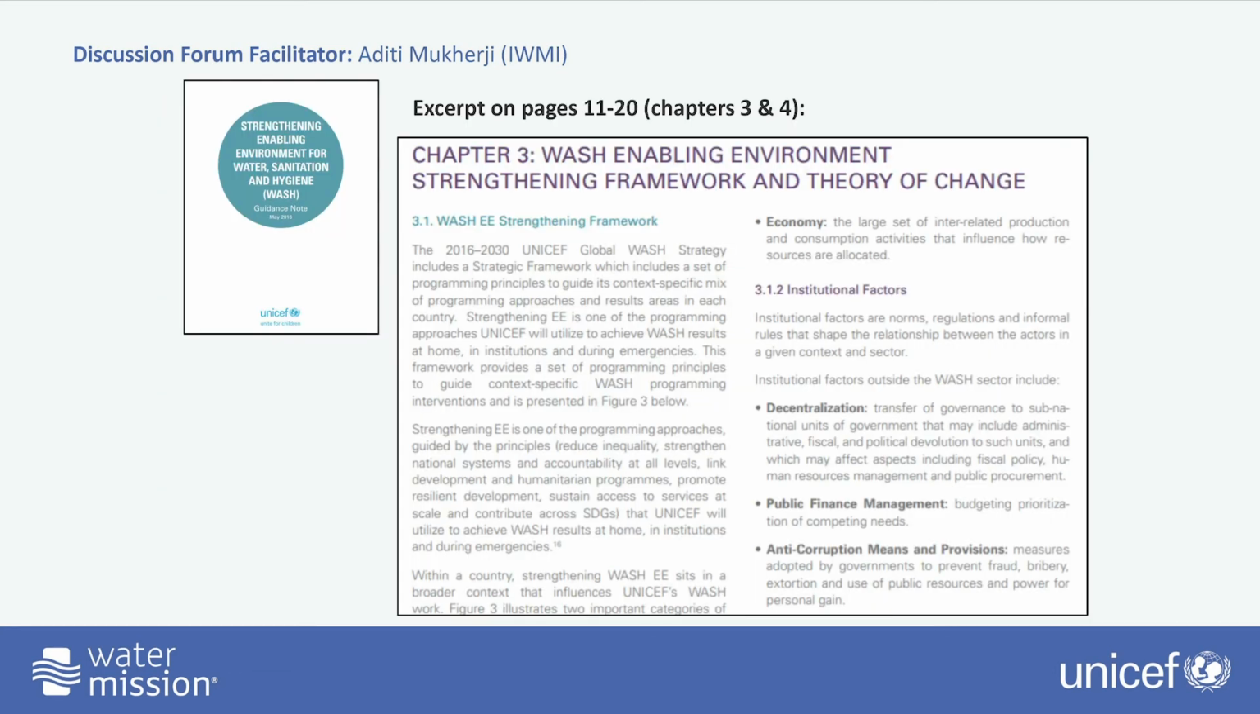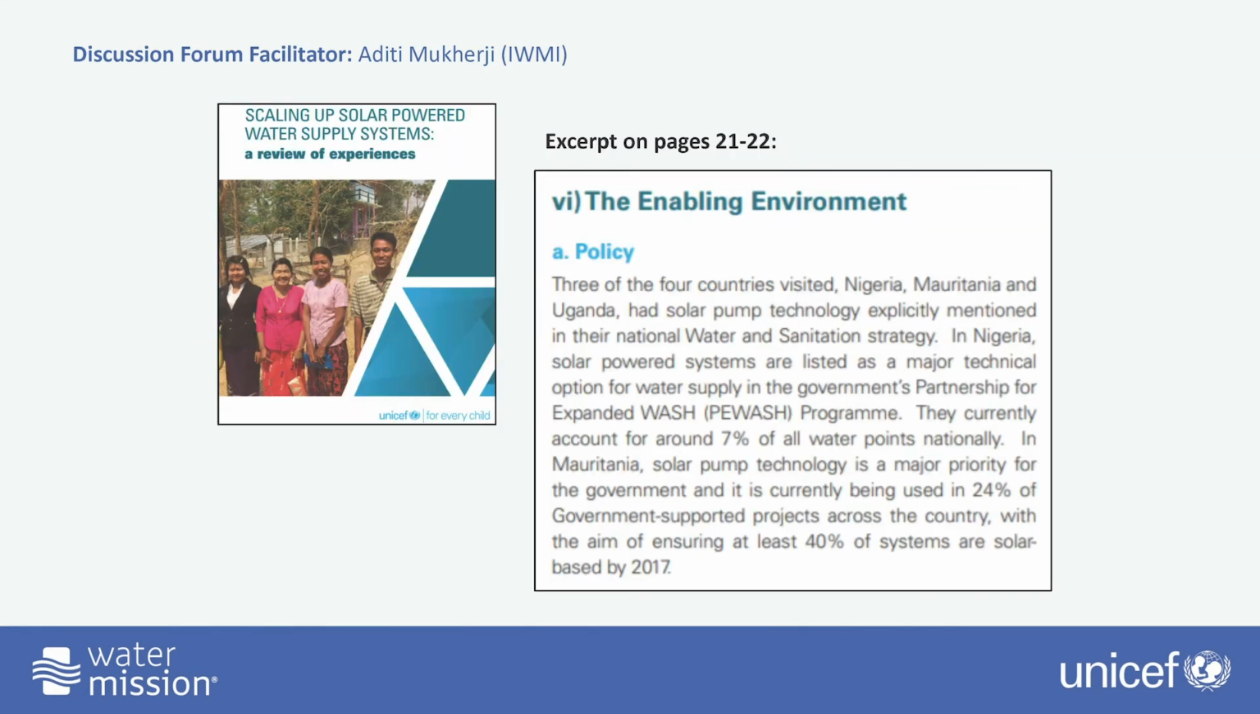We have asked you to read 2 chapters of the 2016 UNICEF publication titled Strengthening the Enabling Environment for Water, Sanitation and Hygiene. Chapters 3 and 4 on pages 11 through 20 provide a useful framework and vocabulary for us as we think about the enabling environment for solar-powered water systems throughout the module. Next, we have highlighted a section of the 2016 UNICEF Global Evaluation of Solar-Powered Water Systems that you read in Module 2. This particular section on pages 21 through 22 describes the findings of the evaluation that relate to the